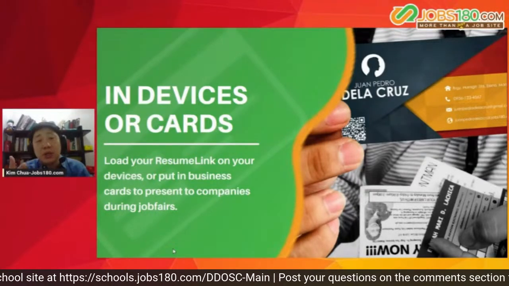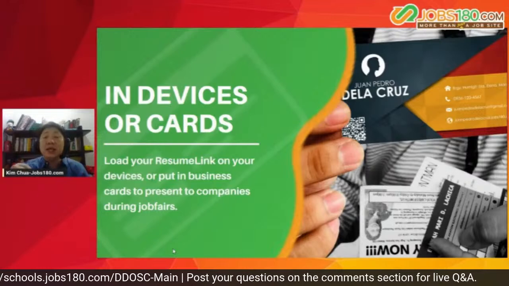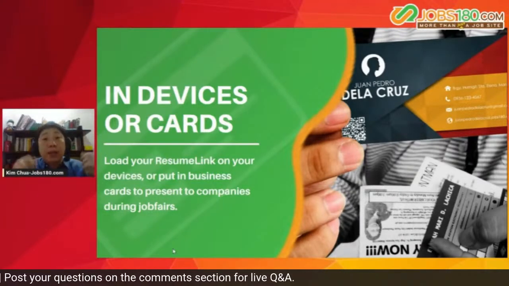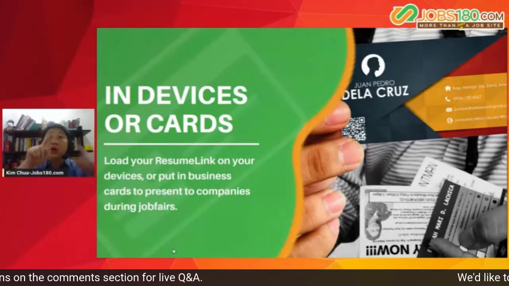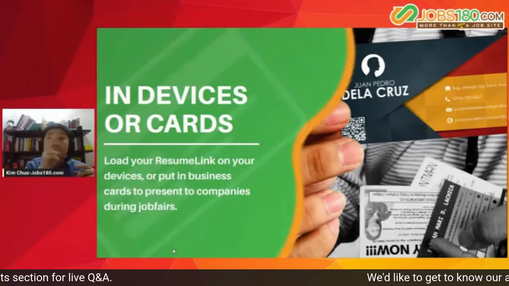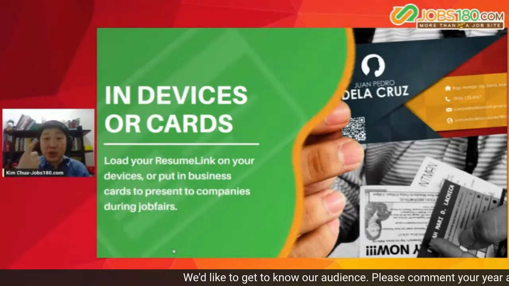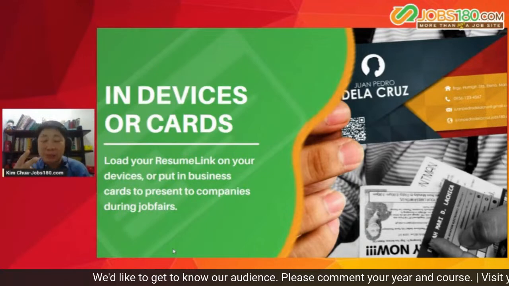Right? Because of course, right now, it saves money. Because if you're going to apply to 20 companies, you don't need to print 20 sets of long bond papers. You just need to print one long bond paper and cut 20 small pieces of resume link cards. Right? That's for the cost side. It's cheaper. Second, and more important,